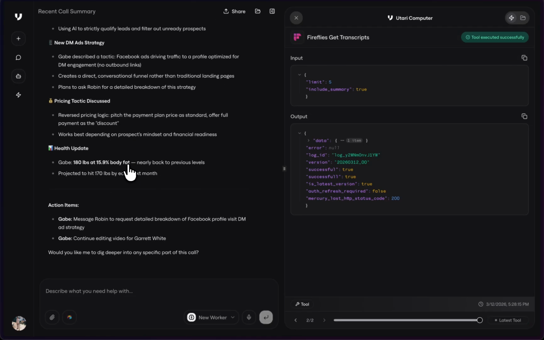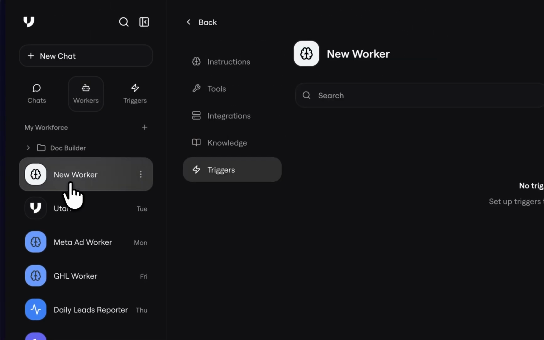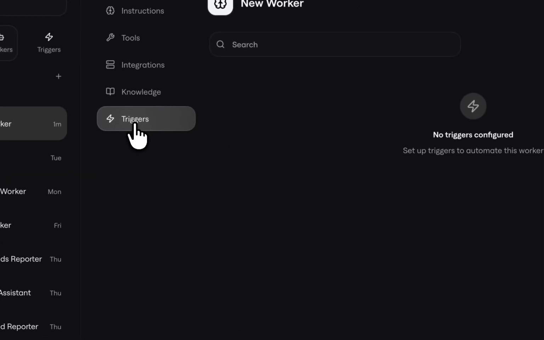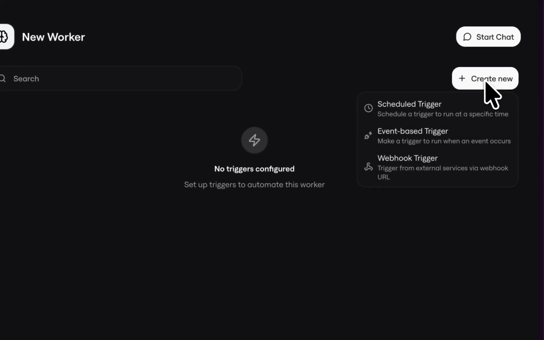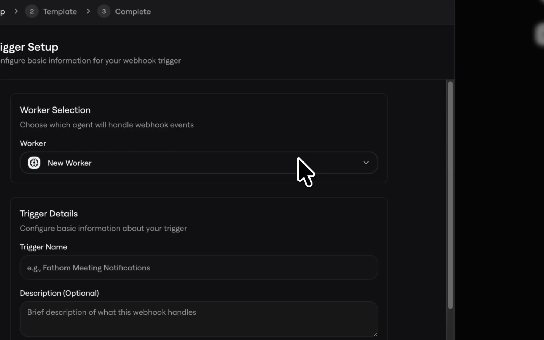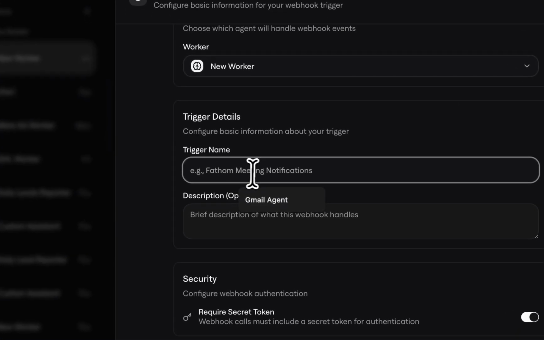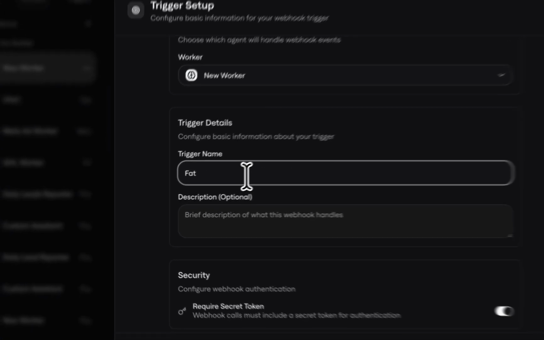So now, how do we actually automate this process? So what I'm going to do is hop back into our worker here, and I'll go to triggers here. I'm going to click on create new trigger. And what we want to do is essentially create a webhook trigger, which means that every time that a call is complete, we actually want to trigger Utari to go do something. So in this case, we'll select the new worker that we just created, and we're going to give it a name. So we'll say Fireflies